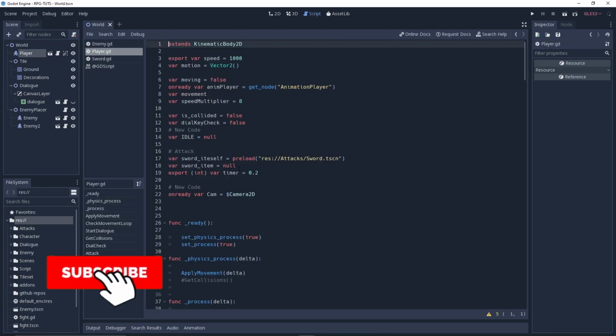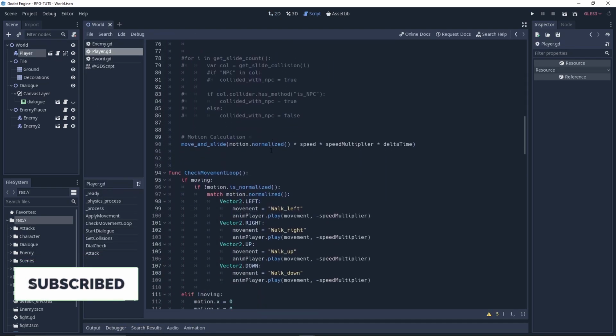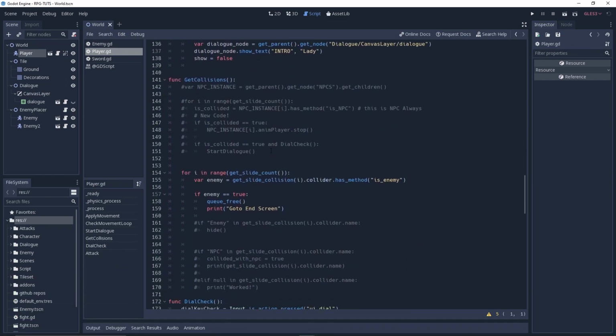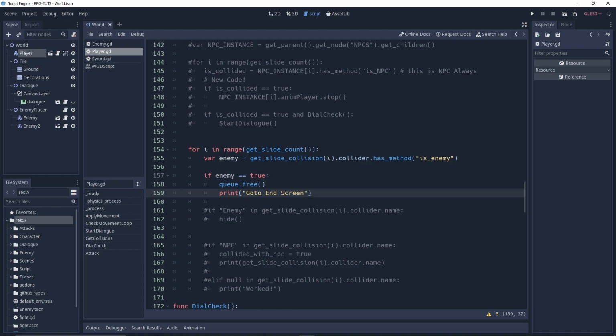First, click on the player and let's take a look at the code. You can copy the code if you want. Let me zoom in. We write for i in range get_slide_count. Get slide count